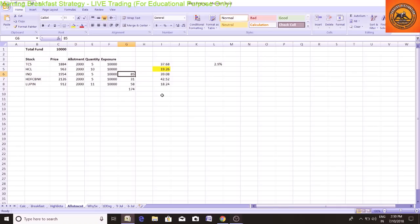What you can do is place 2 orders. 50% of your target amount will be at T1, and the remaining 50% will be at T2. But in that case, you have to start trailing from T1 so that you at least make a profit till T1, whatever is there. Okay, that's all, friends. I'm done for